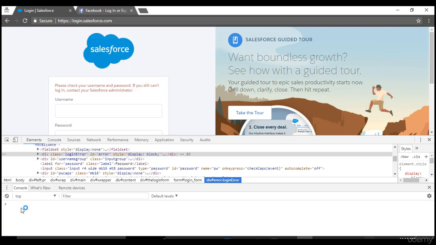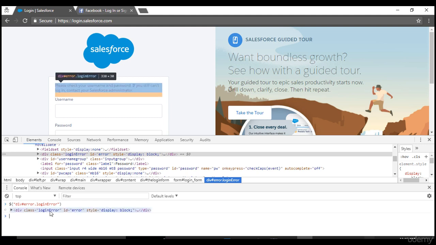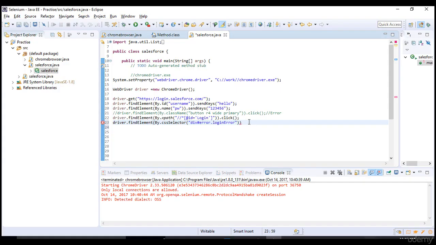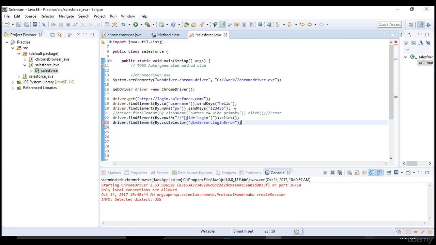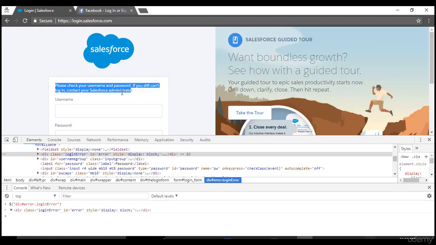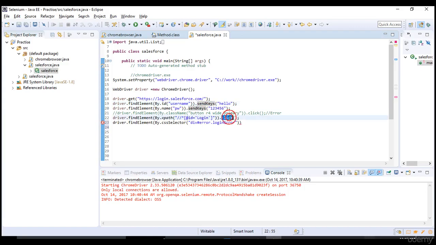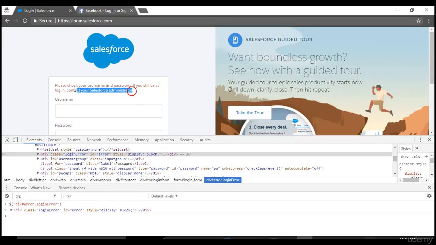So for CSS it's just dollar, right? No X. So double quote and close this, and inside you will pass your actual locator, and hit enter. Cool, you see that? So this is perfect and my script will never fail now. Okay, so once after reaching here, do you want to send keys? No, this is not an edit box to enter something. Do you want to click? No. What is the point in clicking here?